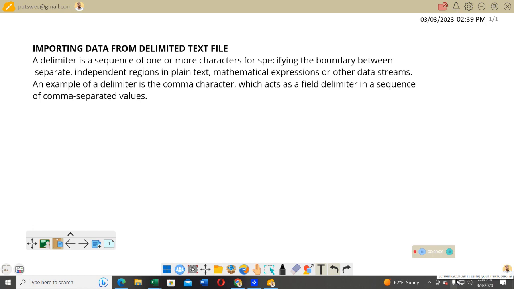Today we are going to look at how we can import data from delimited text files. To start with, a delimiter is a sequence of one or more characters that is used for specifying the boundary between separate independent regions in plain text. This could be in form of mathematical expressions or other data streams. An example of a delimiter is a comma, which acts as a field delimiter in a sequence of comma